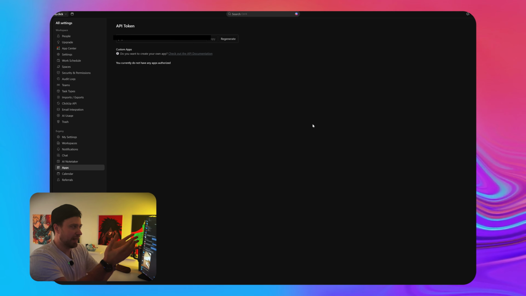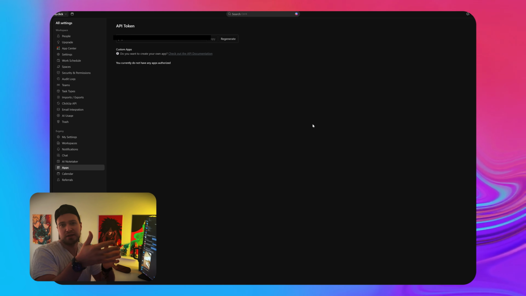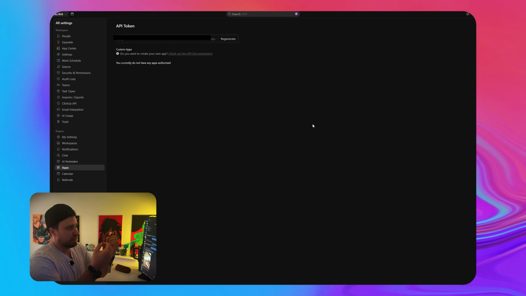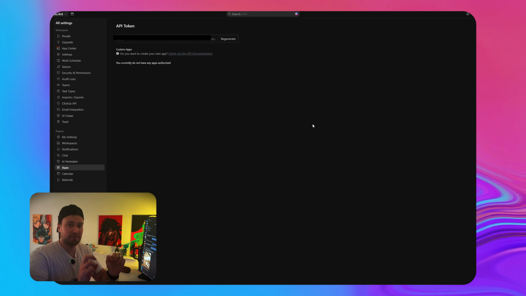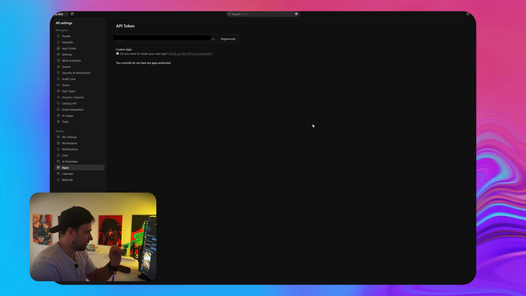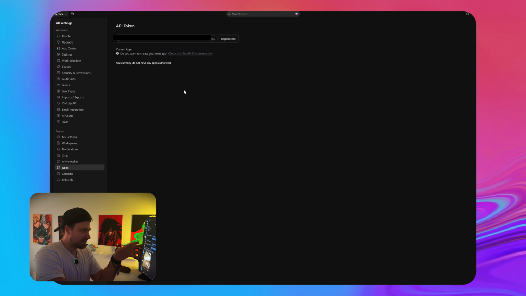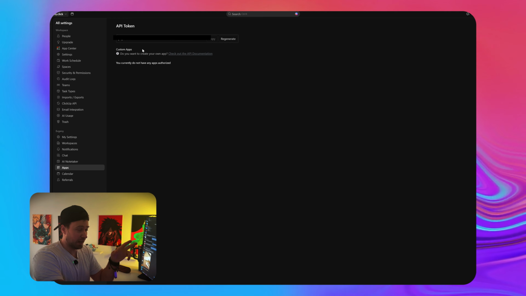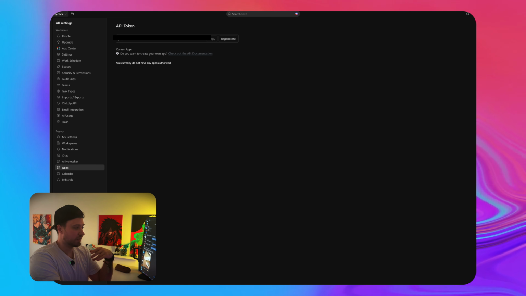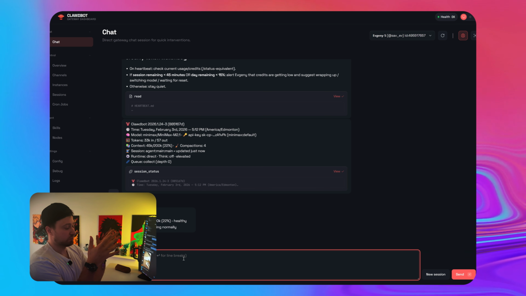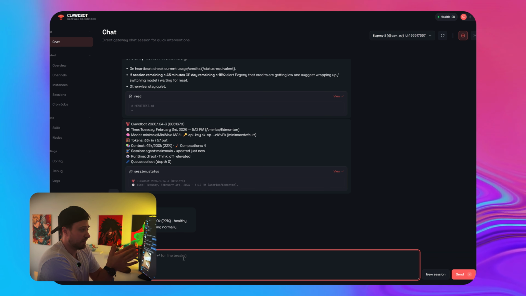But then you can simply add new variables to the .env file, and your Clawbot will be able to access your API keys safely. So this is important. Now, when you finish this and you copy the API key and add it to your environment variables, you need to get back to your bot and say,